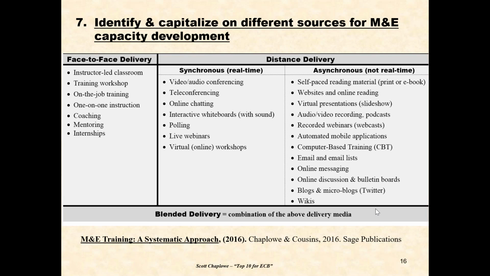What you need to be thinking about, as the slide shows, is that there are many different options. Do you want to adopt one, adapt one, or develop one yourself, or combine them, which is often called a blended approach to capacity development? There might be some live engagement, and they're complemented by some online or reading engagement. And of course, if you can capitalize on existing resources, it will save time and money, just like secondary data for a survey, but you need to make sure it's relevant and the resources are good.